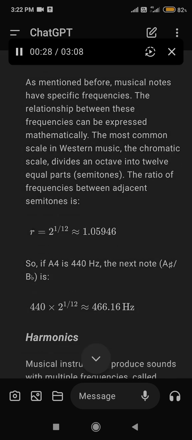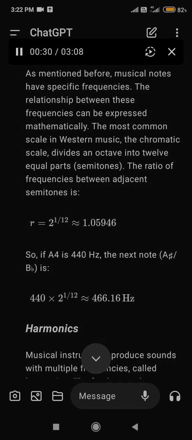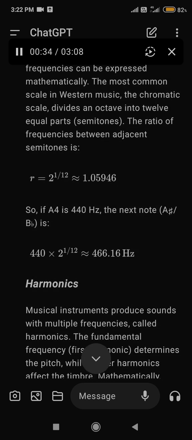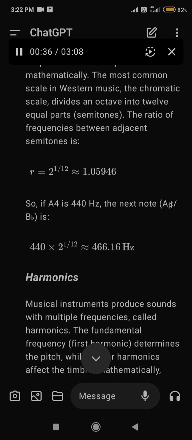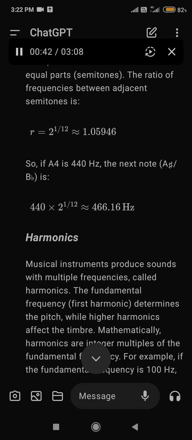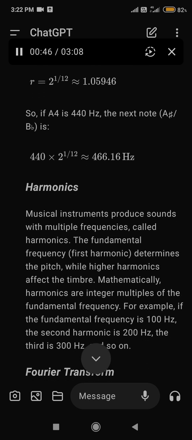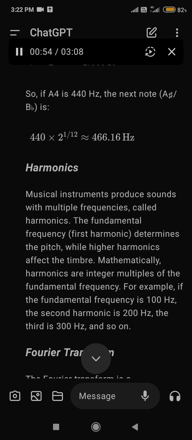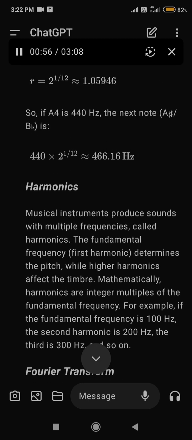Frequencies and ratios. As mentioned before, musical notes have specific frequencies. The relationship between these frequencies can be expressed mathematically. The most common scale in Western music, the chromatic scale, divides an octave into 12 equal parts, semitones. The ratio of frequencies between adjacent semitones is R = 2^(1/12), approximately 1.05946. So if A4 is 440 Hz, the next note, A-sharp/B-flat, is 440 times 2^(1/12), approximately